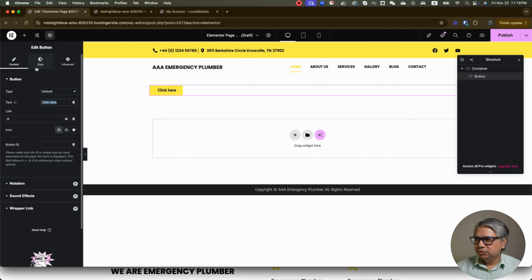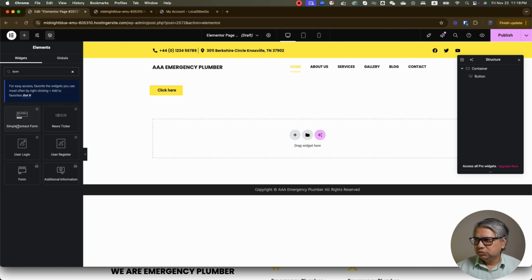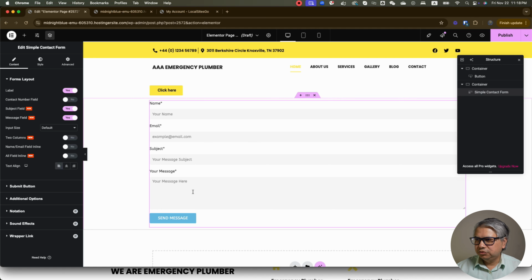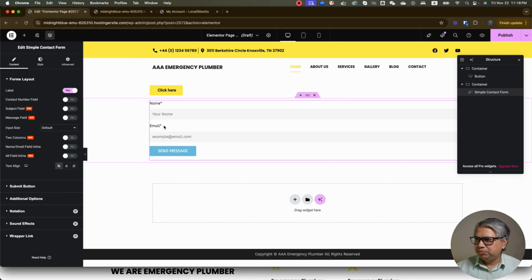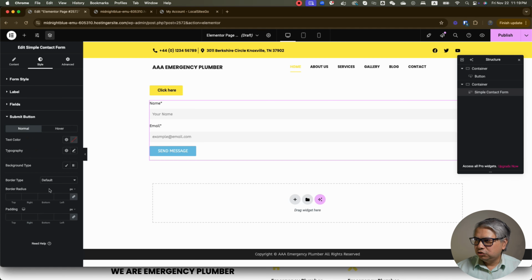So I'll go back here and search for form. I'll use one of the simple contact forms. You can use one of the other form builders to have this. And I will remove the message. I remove the subject, and I'll just keep the name and email. And then for the send message, I'll change the style of the send message to be